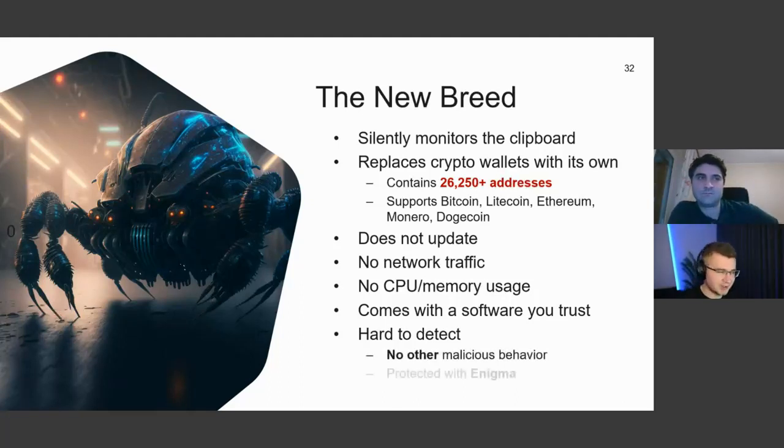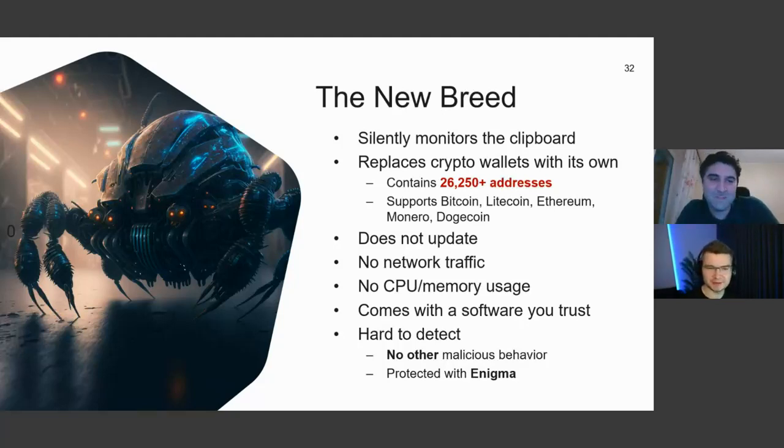And most importantly, it is hard to analyze. Even if you are a technical person that can reverse engineer yourself, that one is protected with Enigma Protector. If you haven't dealt with Enigma, go try. It's one of the hardest out there. I remember you were mentioning that in the past, most of the malware was protected by VMProtect, but now Enigma is on a different level. It's crazy.